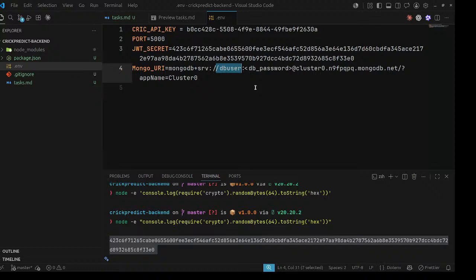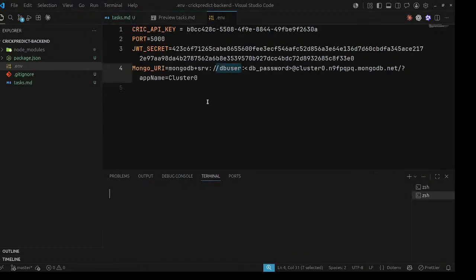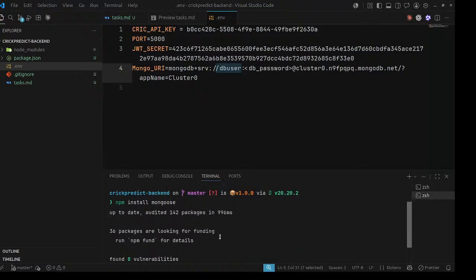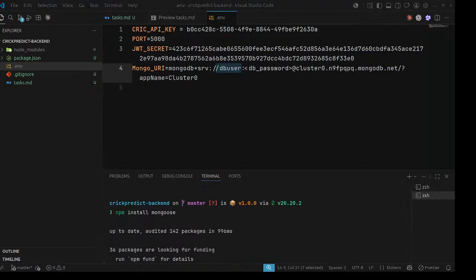What is my DB password? I am thinking how I got this. And I think I should install Mongo as well, if not installed. Yeah, it is activated.